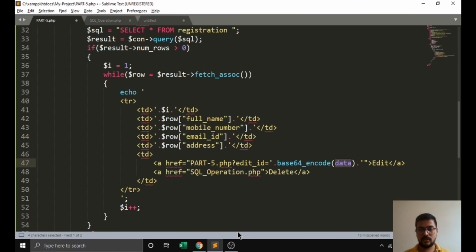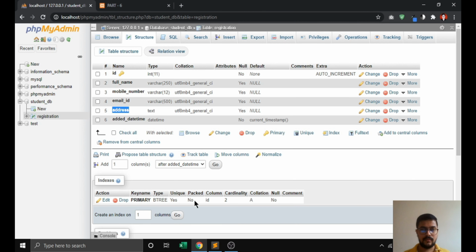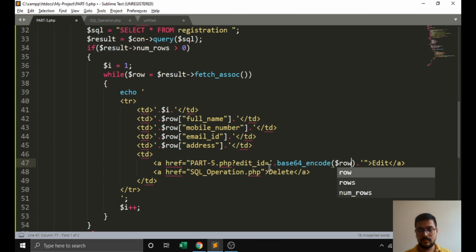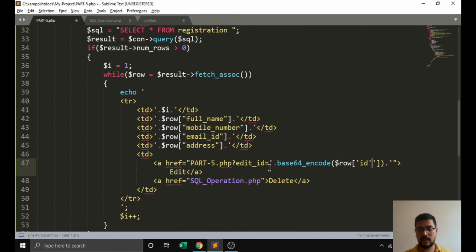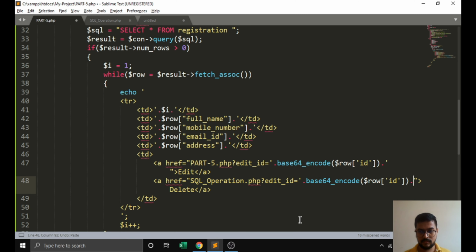Here we are using base64 encode for encoding the ID variable. With this help we can encrypt the ID for passing the value to a particular page. Likewise we are passing the delete ID to this page.